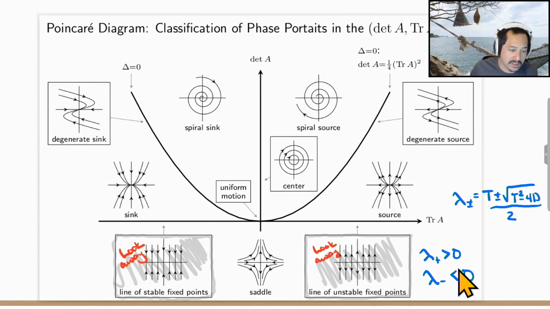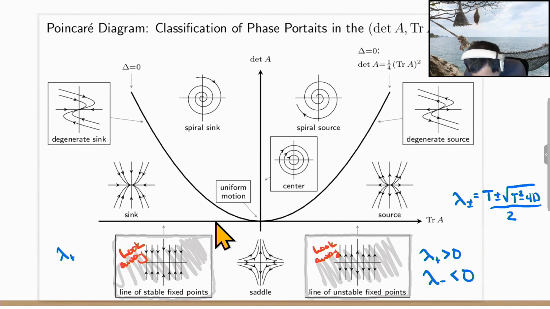It's going to go negative. Right? And then what happens if one eigenvalue goes positive and one eigenvalue goes negative? Well, I get a saddle. Okay? You perform the same argument over here in quadrant 3, and what you find out is that lambda plus